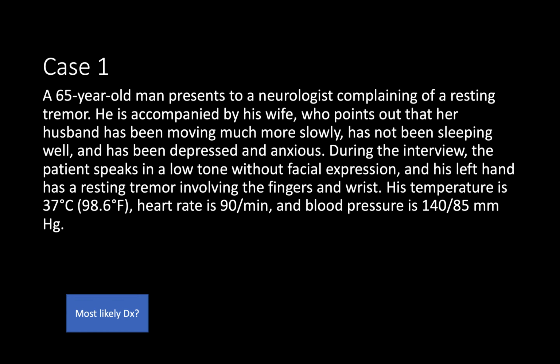Parkinson's, right? Yeah, not too much changed from what we thought about initially. Some of these other symptoms, speaking in a low tone, there's this masked facies expression that patients have where there's really just a complete lack of an expression. And this idea of the resting tremor, whenever you see hand tremors, you want to really make sure that it is a resting tremor and not an intention tremor, because that's going to totally change your differential.